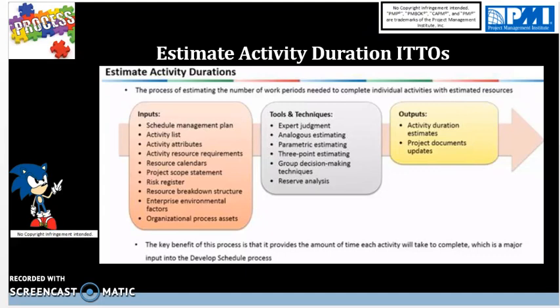The outputs then are activity duration estimates. It is a quantitative assessment of the likely number of time periods to complete an activity. Project document updates. This includes activity attributes, updates to the risk register, assumptions made in activity duration estimates, and also updates to the skill level and availability and updates to the basis of estimation. So you want to update this information as soon as you learn something new for the project to make sure that you reflect the most current data. So those are the outputs. And next slide, as a recap,